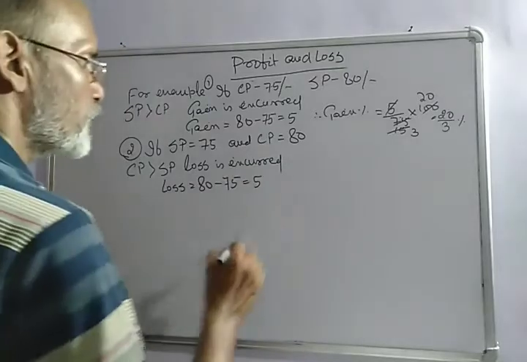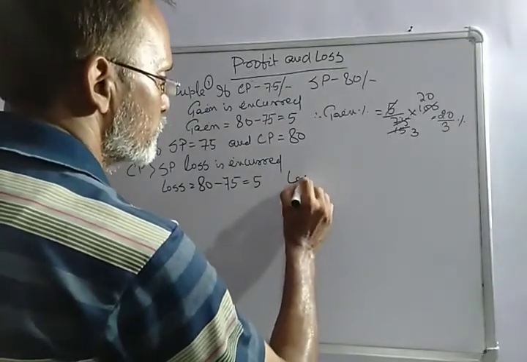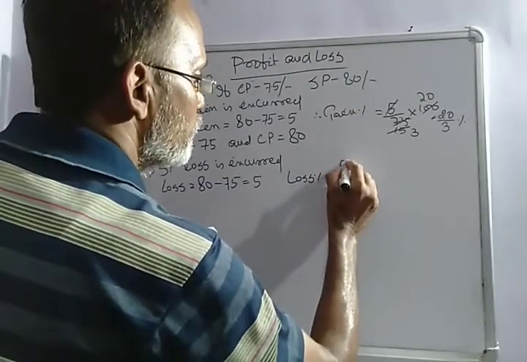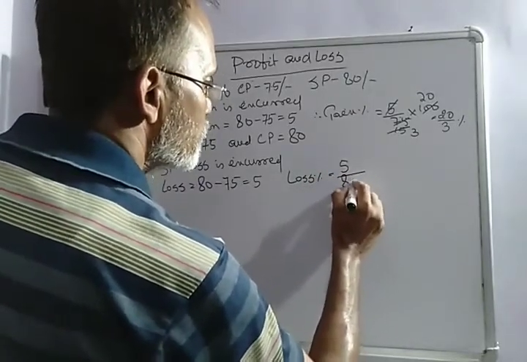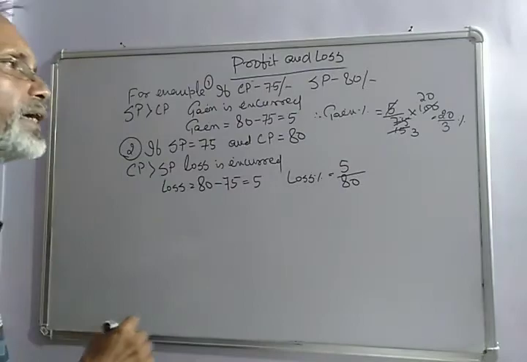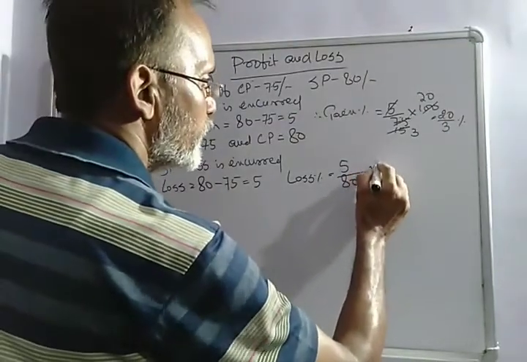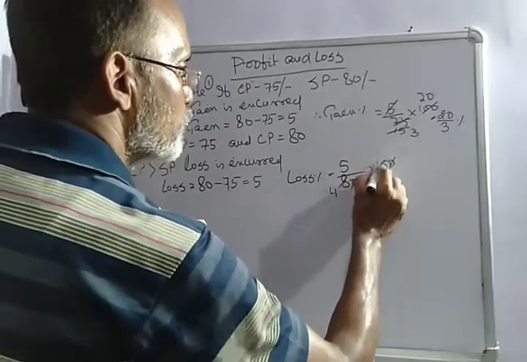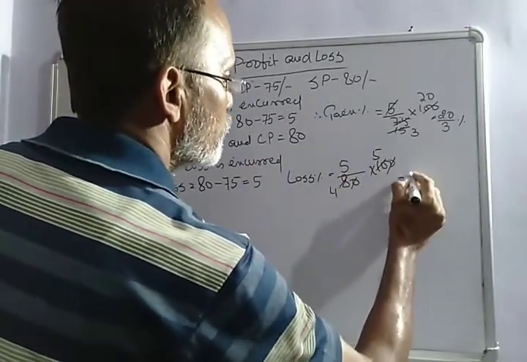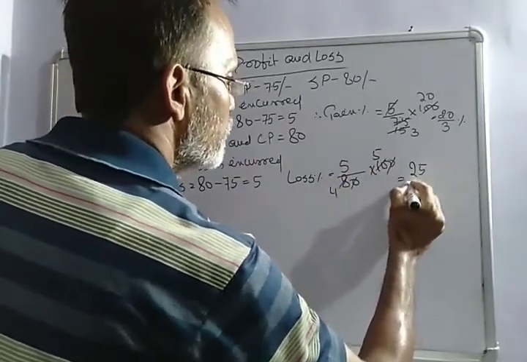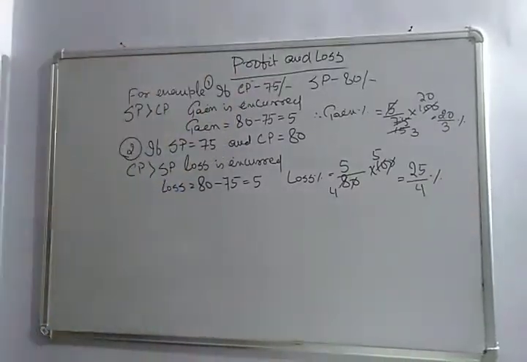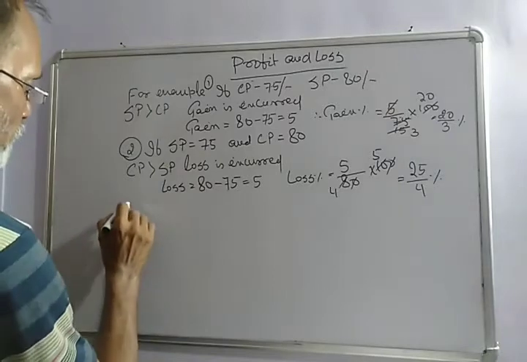So this loss percentage will be here equal to 5 by 80, because here cost price is 80, into 100. So this is equal to 25 by 4%. This is the loss percent. Similarly, number 3,